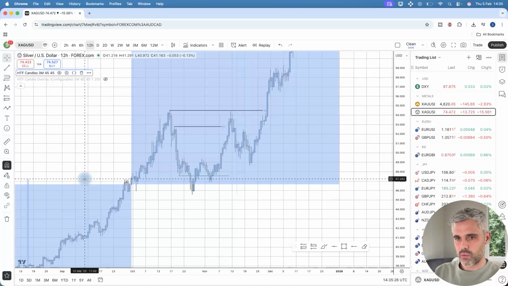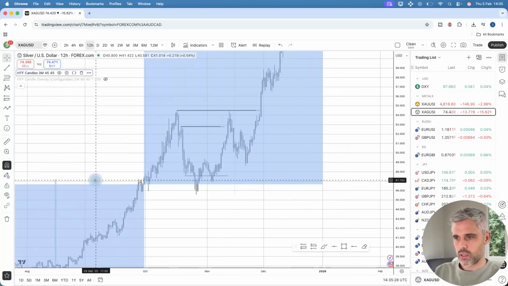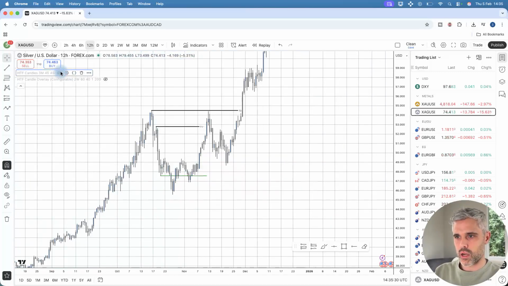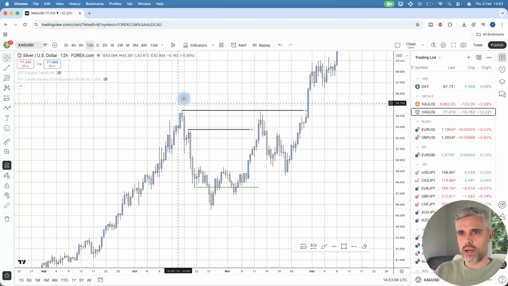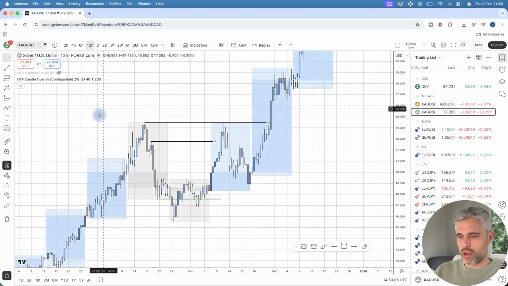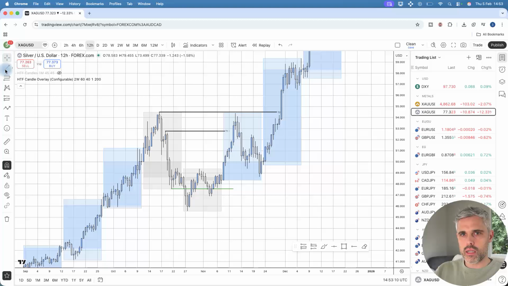Okay, we had a bullish candle, so we can definitely expect higher prices. We don't have any conflict. So that can be as fast as your 3-month check. Let's bring back the 1 month. Okay, so we can now bring back our 2-week time frame right here, and we can then start to look